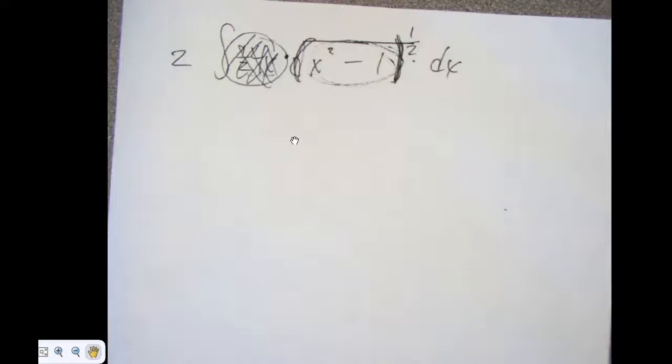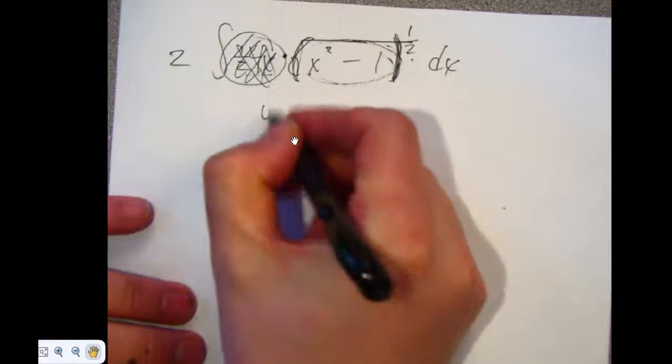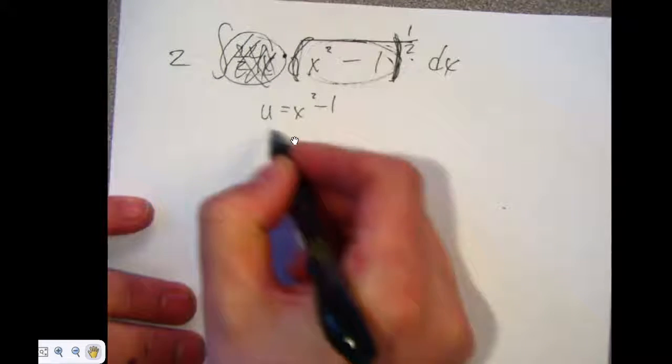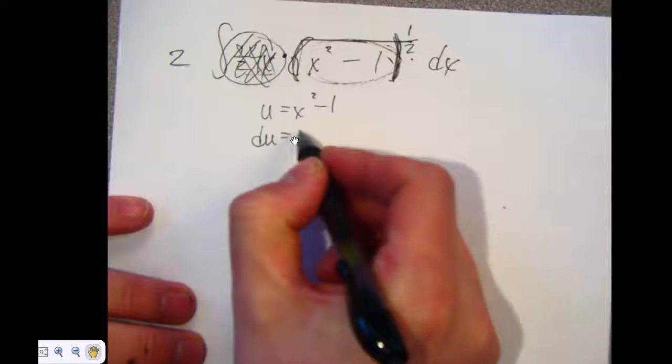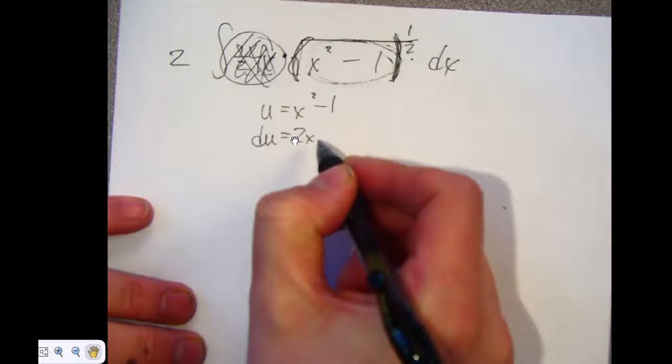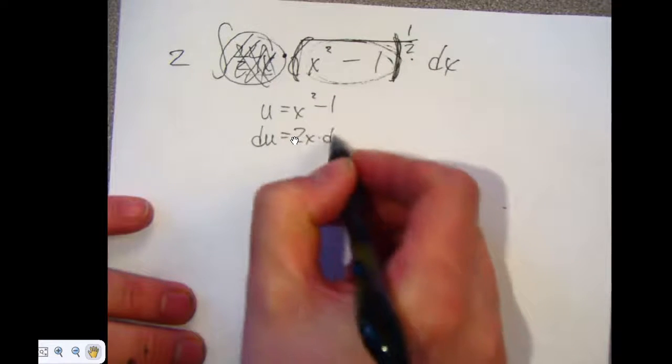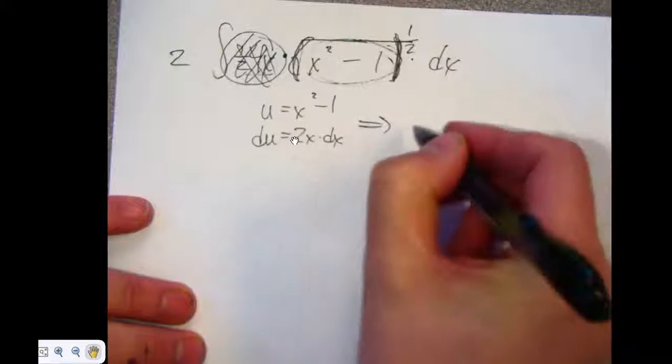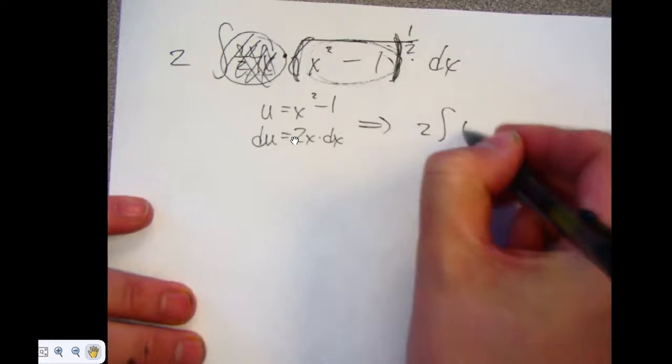Now, what's your big guy? Oh, I said U-substitution, didn't I? So u equals x squared minus 1. What's du? 2x times dx. And then if I rewrite my integral, it would be 2 times the integral of u to the 1/2